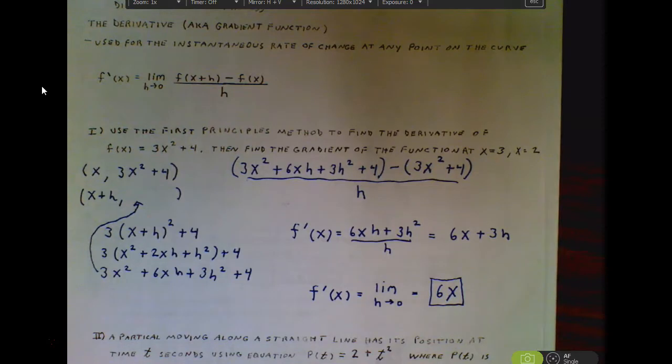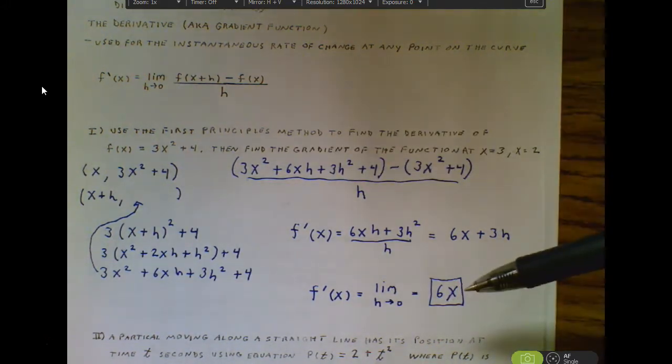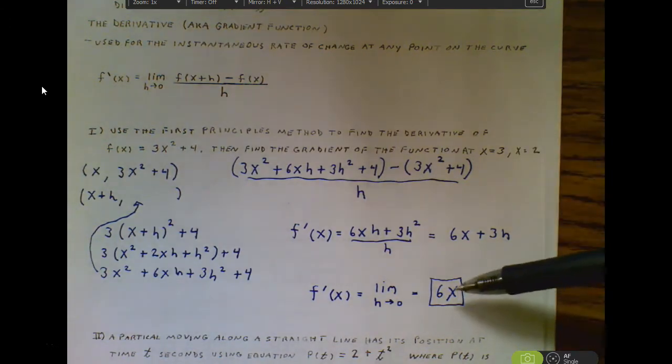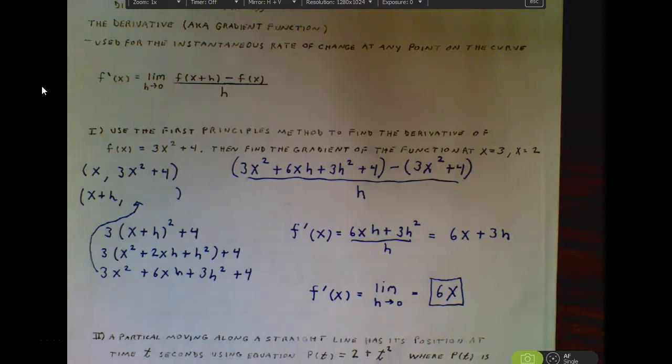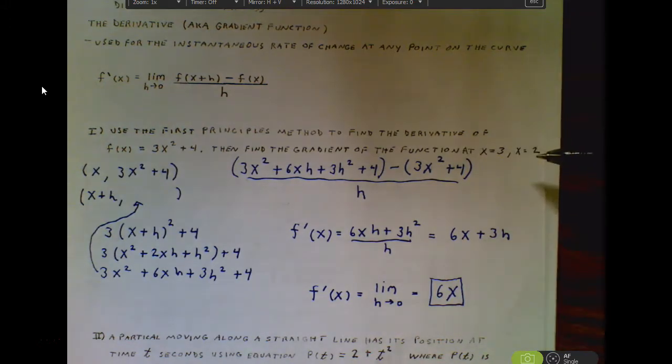But here's how it works. If I now want the instant rate of change or the gradient at any single point on my function, I can just plug in a value for x to get it. So if I want the instant rate of change where x equals 3, well then I can just plug in the 3 right there and get 18 as my gradient or my slope. Instead of having to start all over, if I want a new instant rate of change where x equals 2,